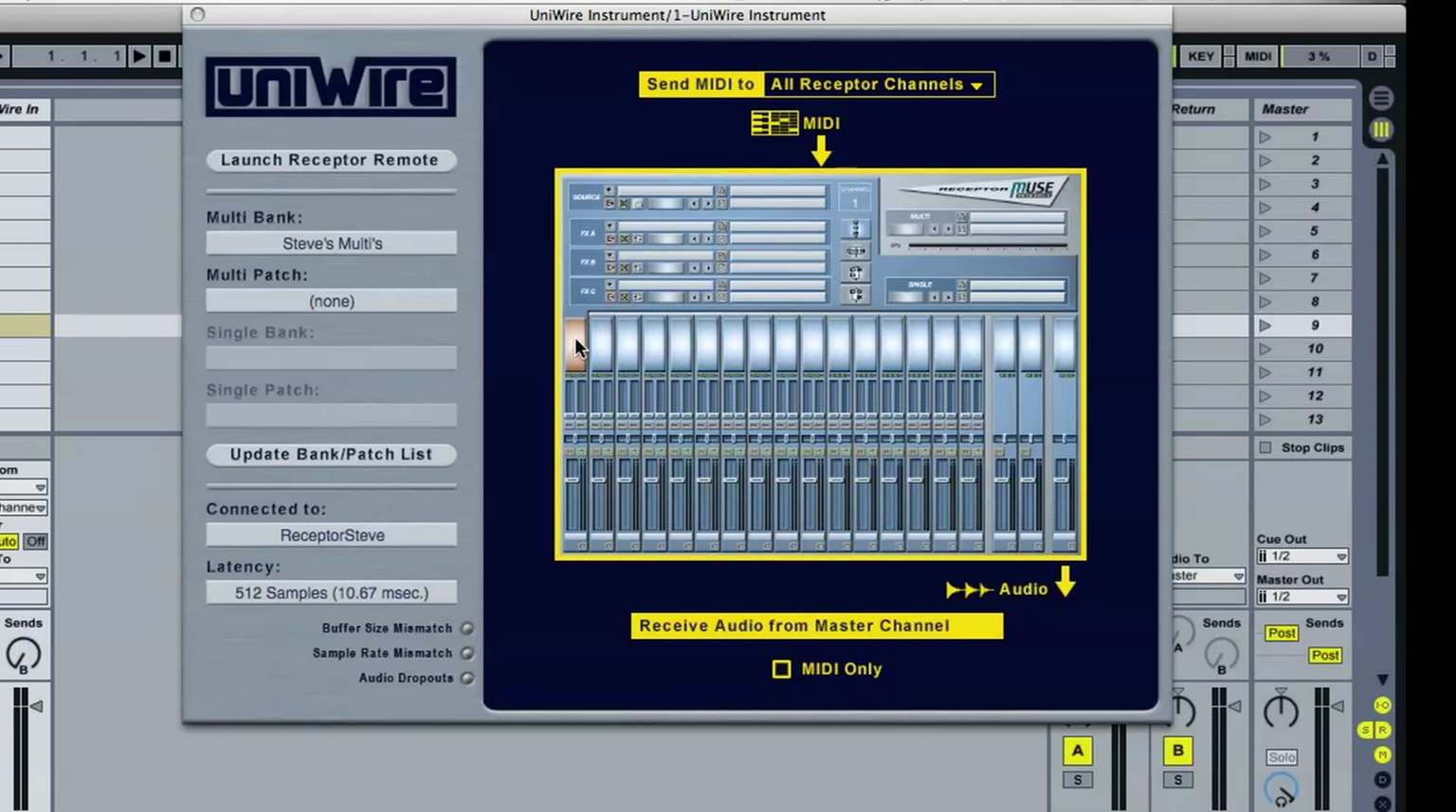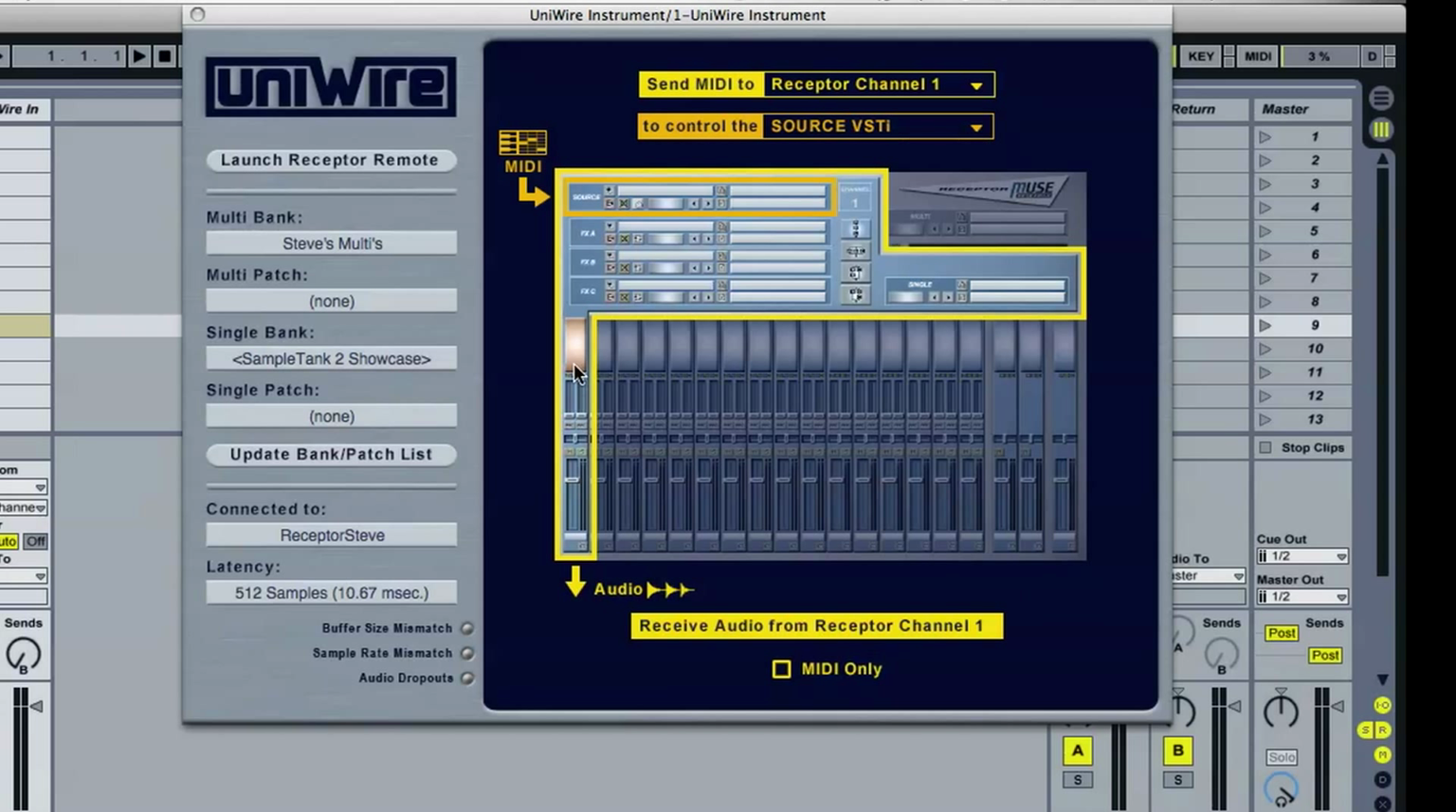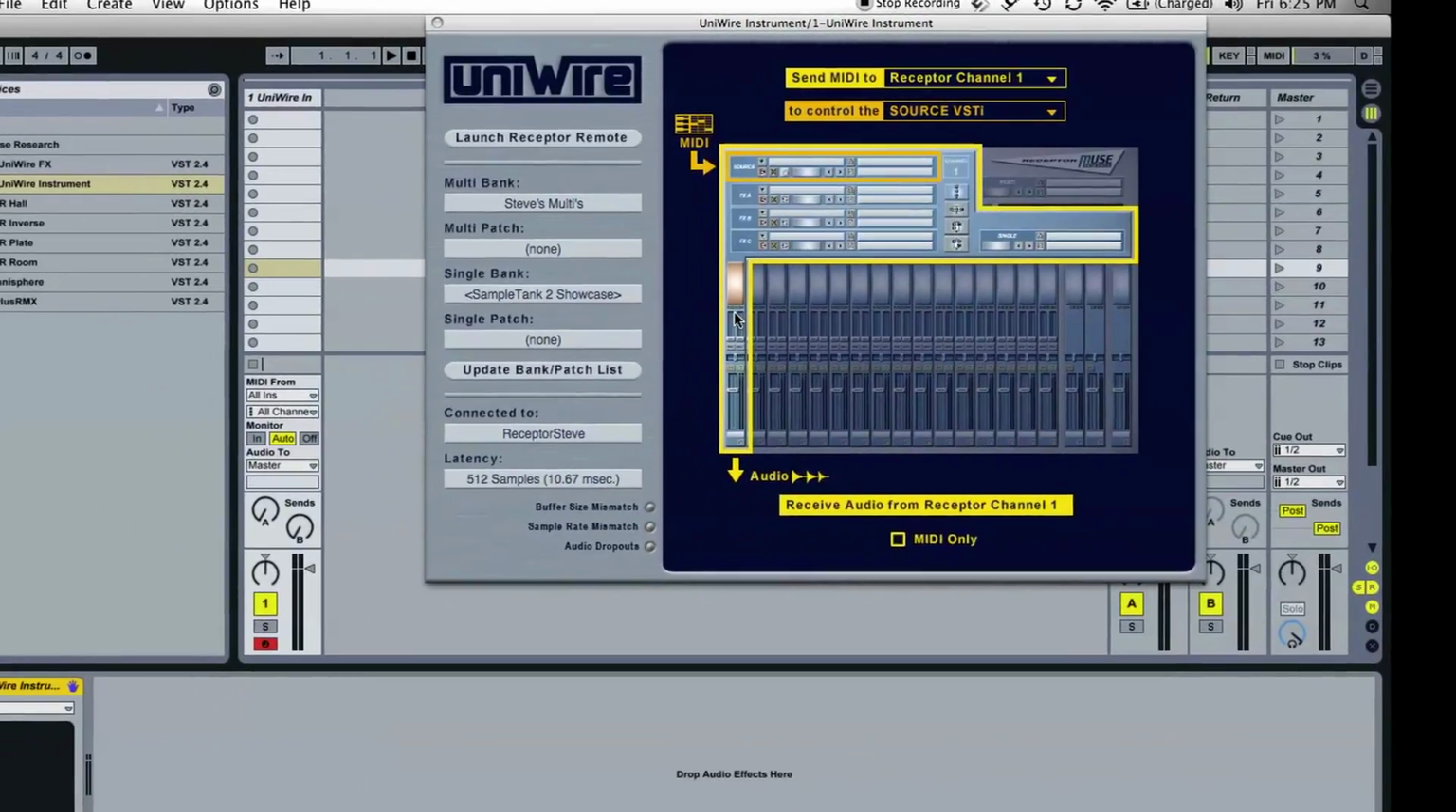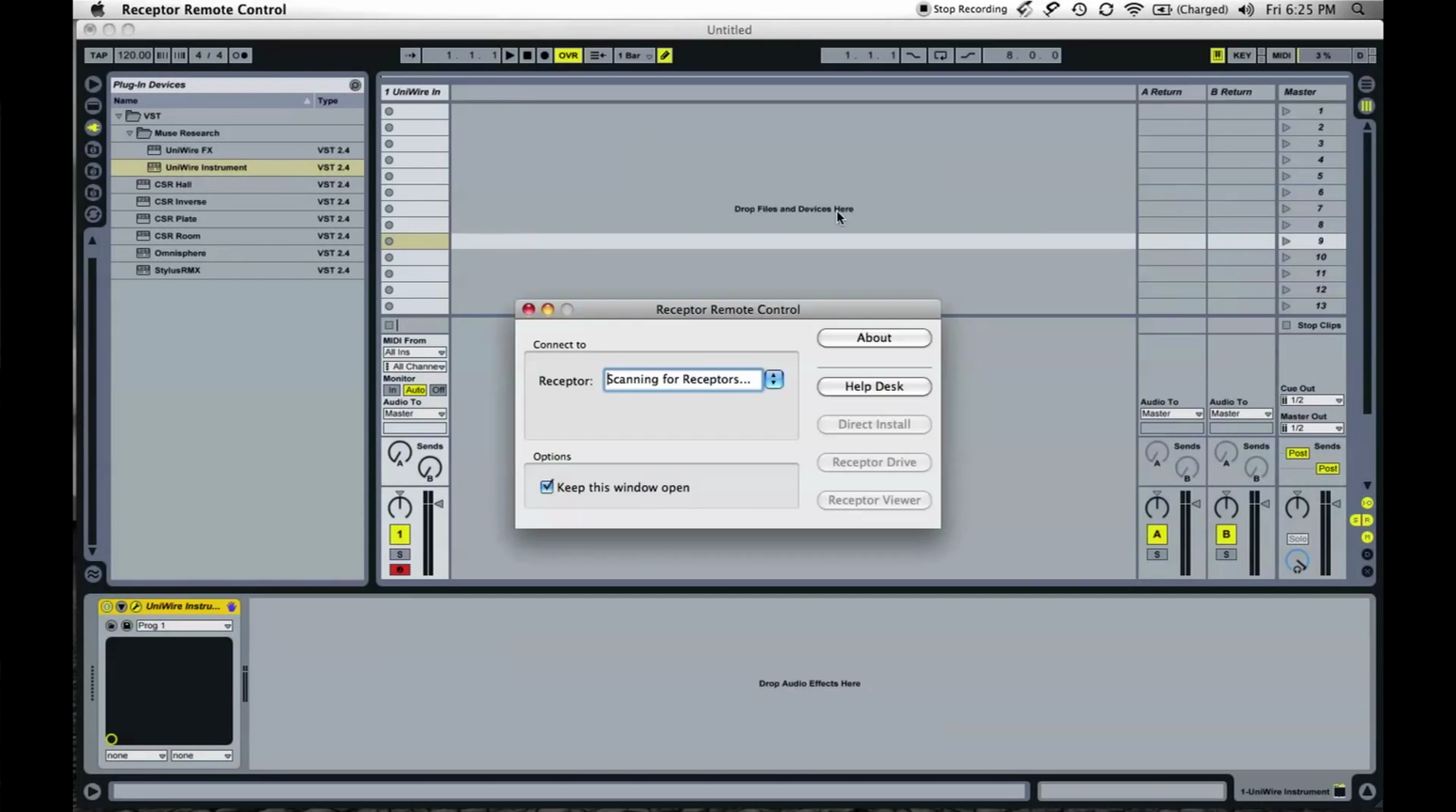For the multi-timbral example, we are going to select one channel on the Receptor. By doing this, what's going to happen is that all 16 MIDI channels are going to be sent directly to that one channel strip on the Receptor. After having done that,